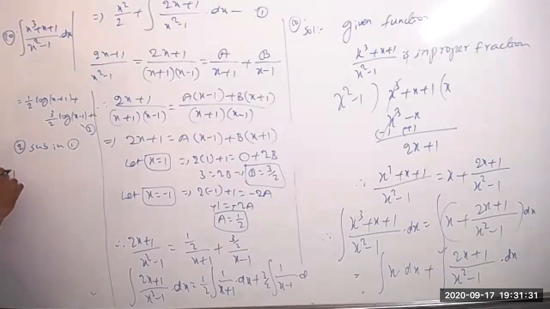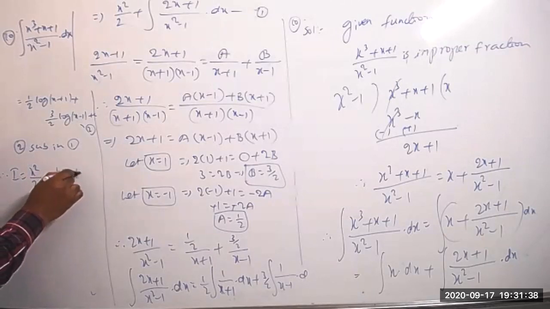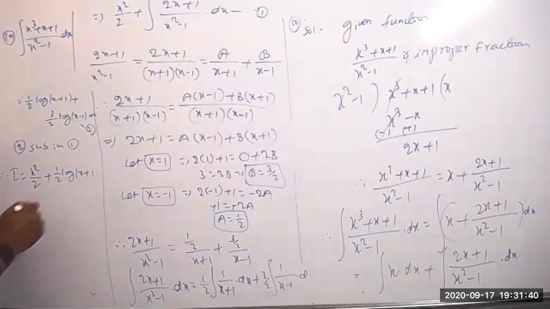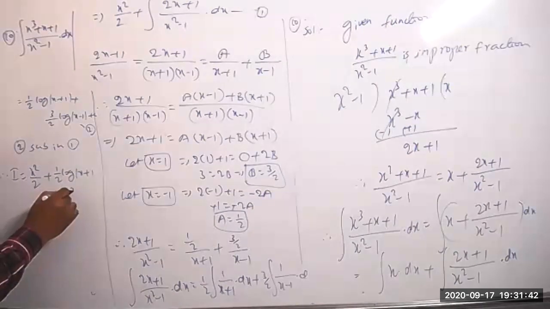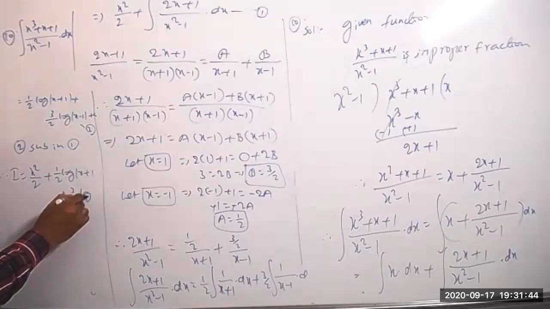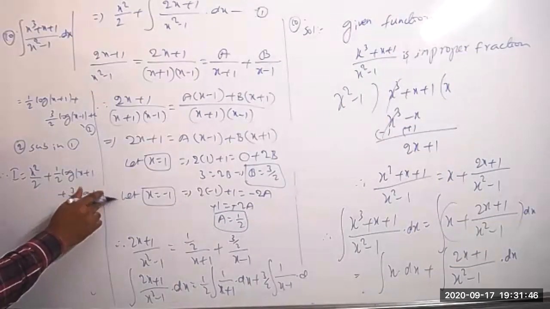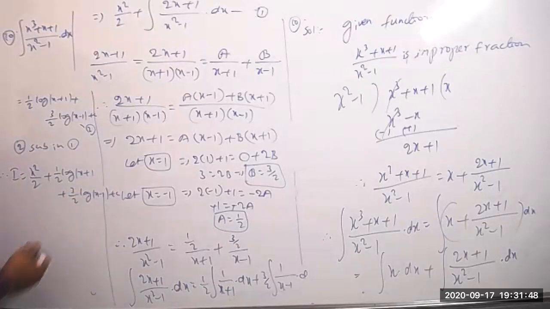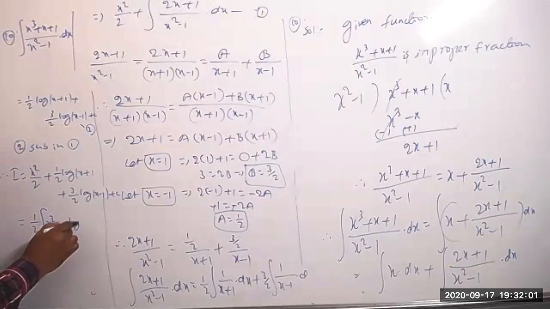Therefore, the required I equals x square by 2 plus 1 by 2 into log modulus of x plus 1 plus 3 by 2 into log modulus of x minus 1 plus c. This is the required answer. If you want, you can take 1 by 2 common also. Still you need one more step. Taking 1 by 2 common here, this is x square plus log modulus of x plus 1